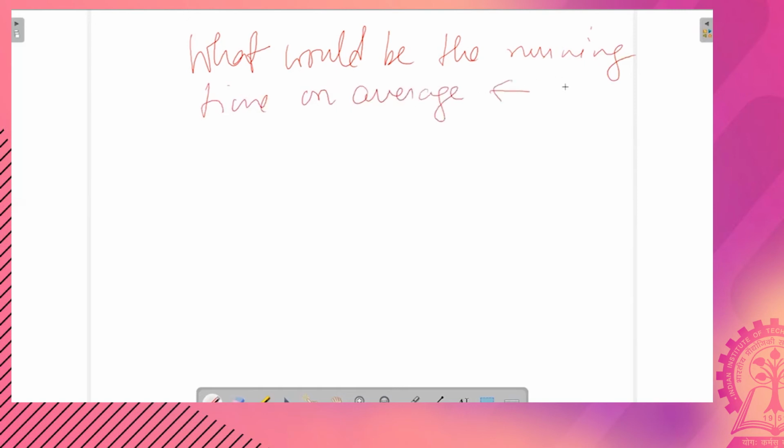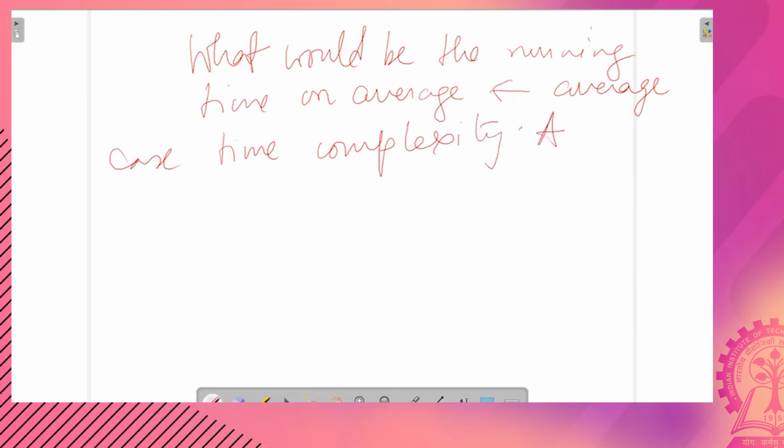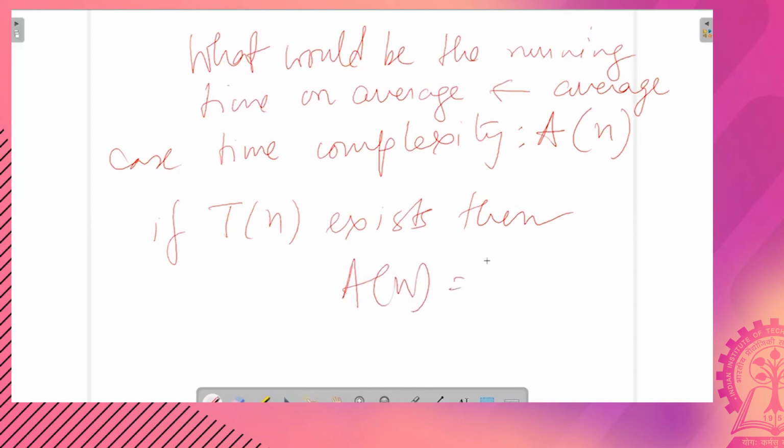This is also termed as the average time complexity, and is denoted by A of n. Okay. Of course, again, if Tn exists, then An is also equal to Tn.